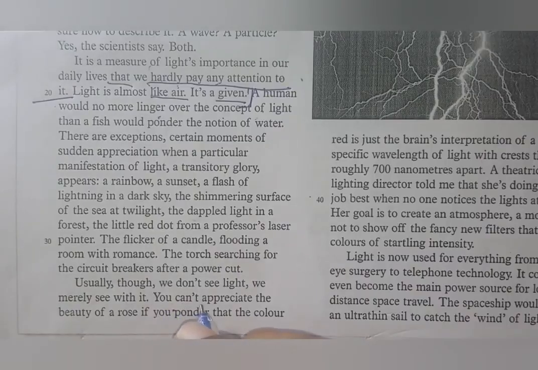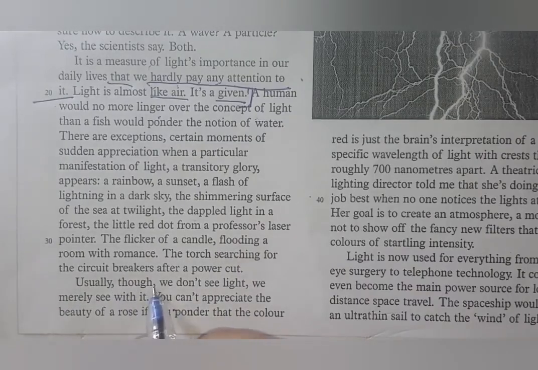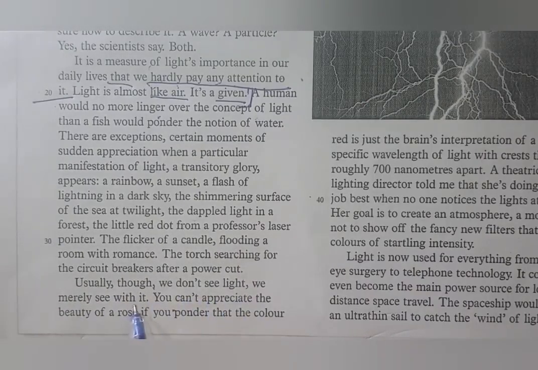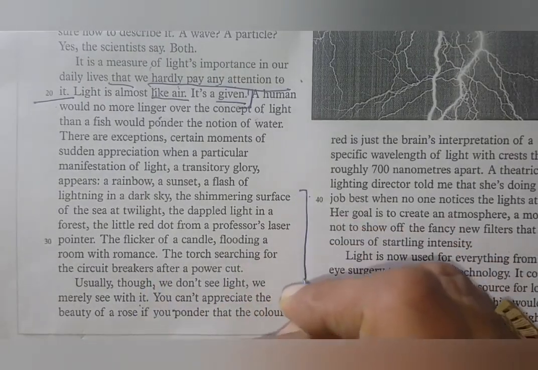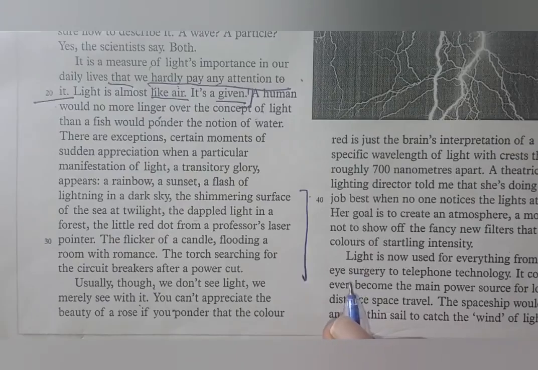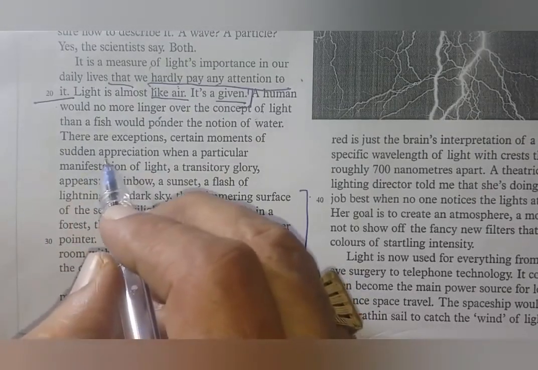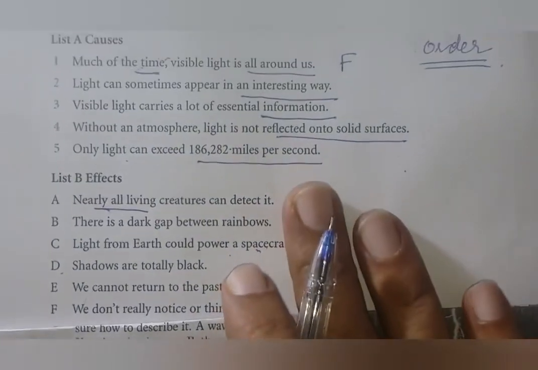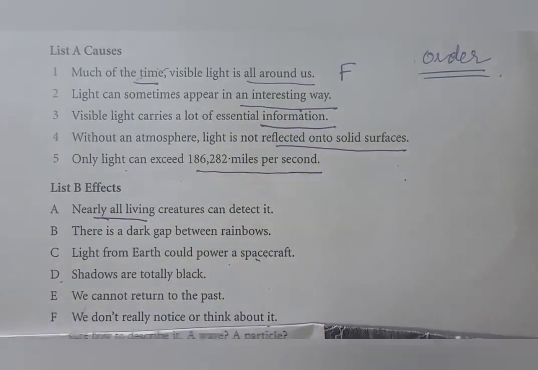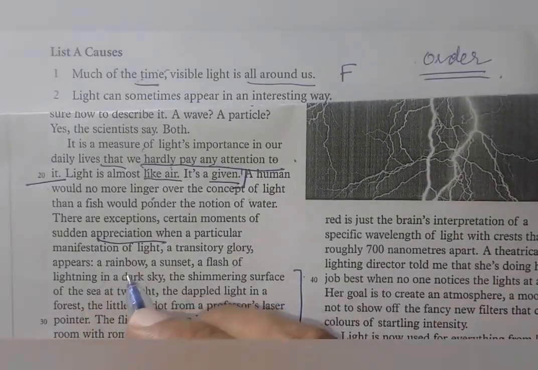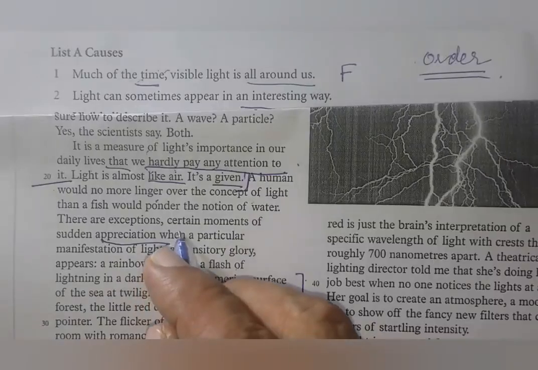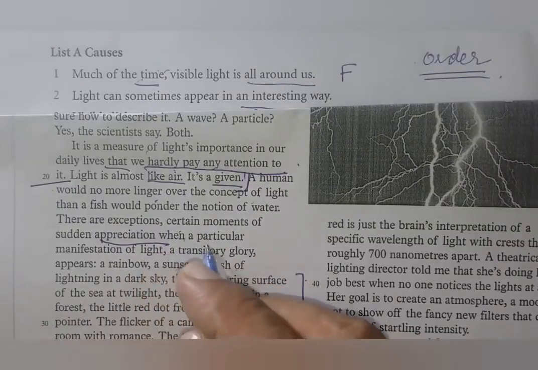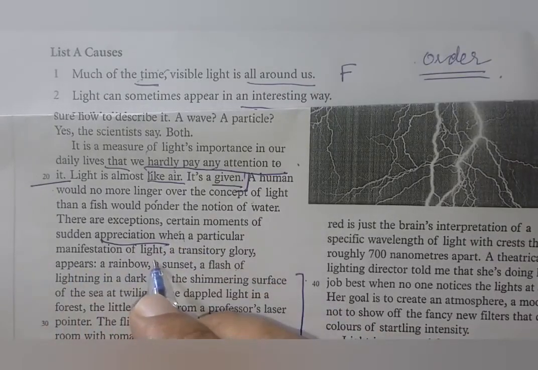One minute, I get the point here. Usually though we don't see light, we merely see with it. He said, but from here the interest starts. How? He said appreciation, also the word appreciate is here. And here the word interesting way can sometimes, check the language please, because I work mostly on the language also, can sometimes appear when a particular manifestation of light,